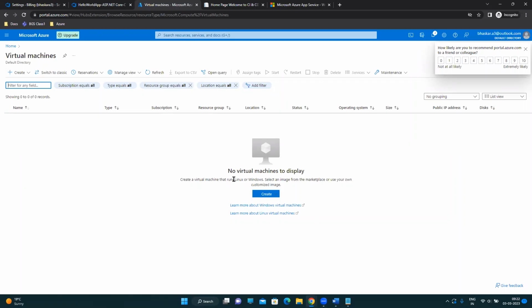How to connect again? You have to use your personal access token, PAT. So you can generate your personal access token and configure that into your